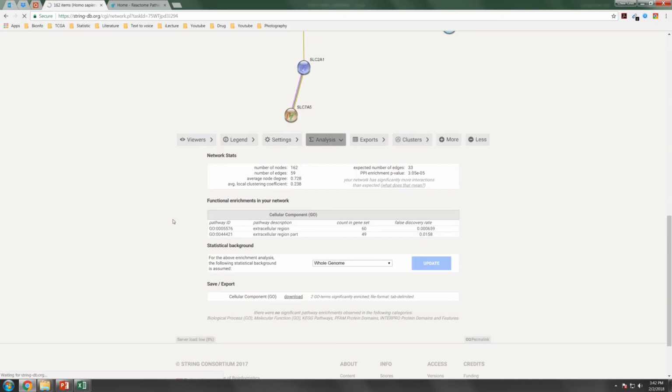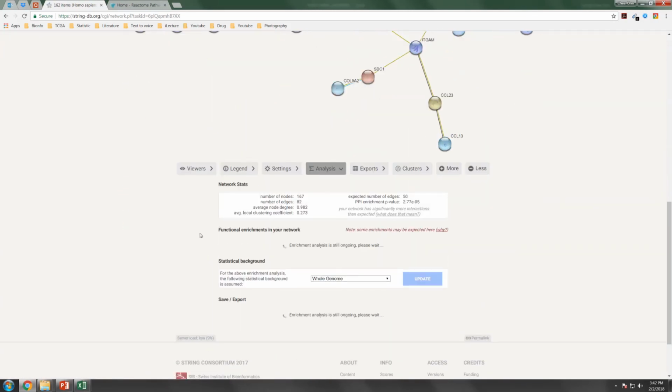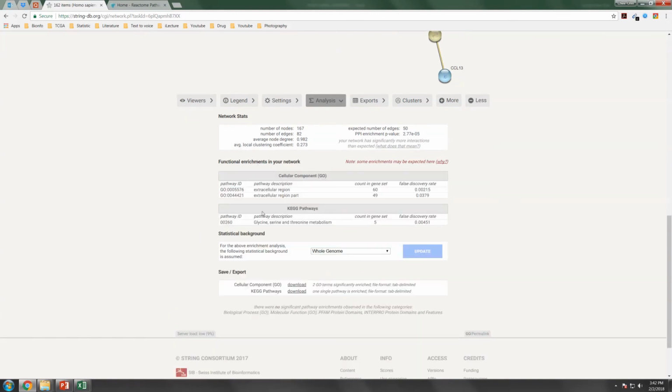Oh, sorry, you can also go into analysis here, functional enrichment of the network. So you can also look at the KEGG pathway. For example, the genes that are involved in the glycine, serine